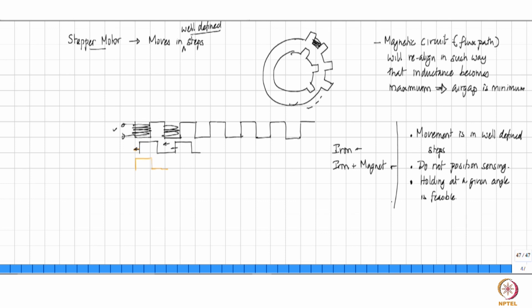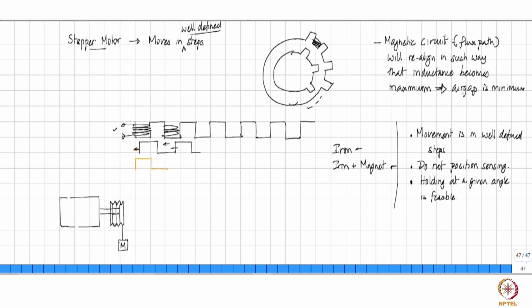So let's say that you have a system like this. You have a motor, you have a shaft which is then connected to a drum, and you have a rope that goes around this, and you have a mass, right? So if you now want to stop this mass from moving up or down, how will you do it? The rotor has to be held, right? How will you hold it?